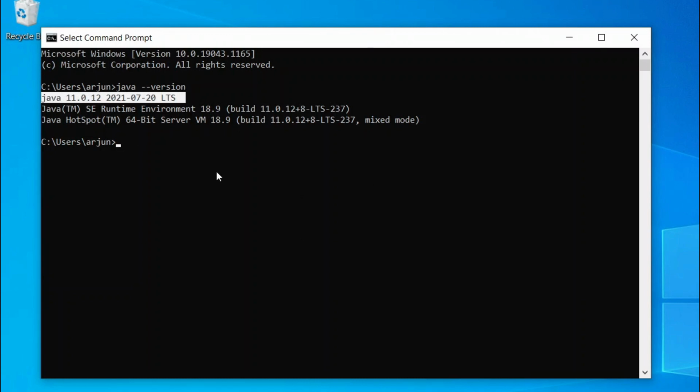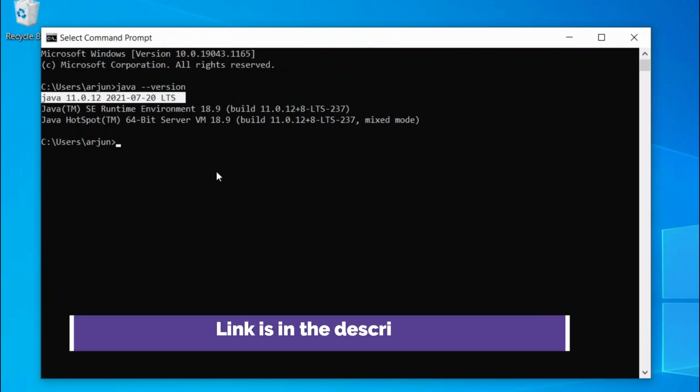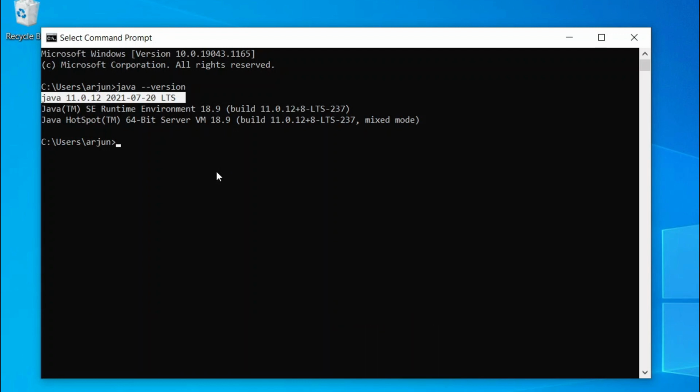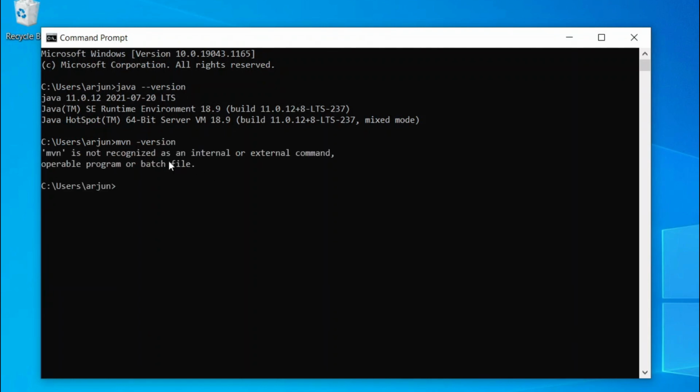If you haven't installed the Java environment, I have already got a separate video for that. You can check it out in my description. Once you install Java, you also need to have Maven installed. To check if Maven is installed or not, just type mvn -version. If it shows something like "Maven is not recognized as an internal or external command", you can install the